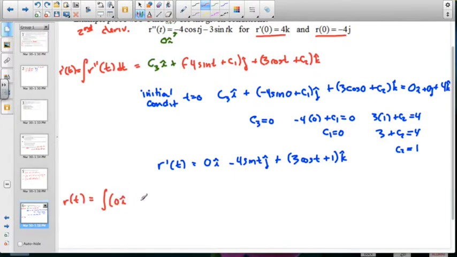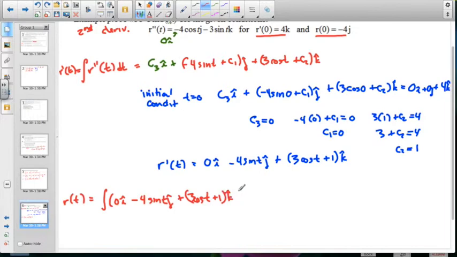Looking at this, seeing no i component, I don't have an initial condition for the i component, but I'm going to bring it along for the ride anyway, just to verify it. The integral of 0i minus 4 sine t j